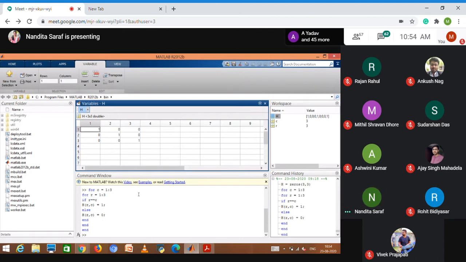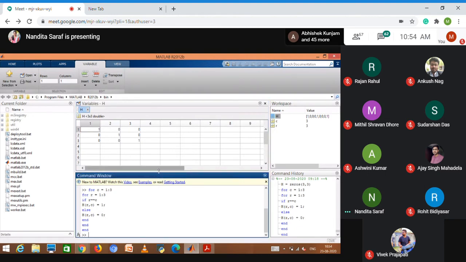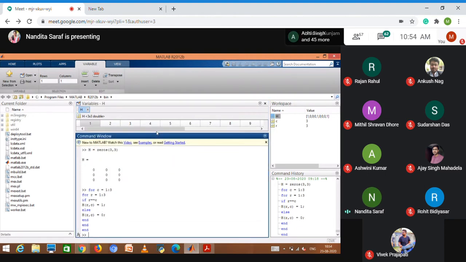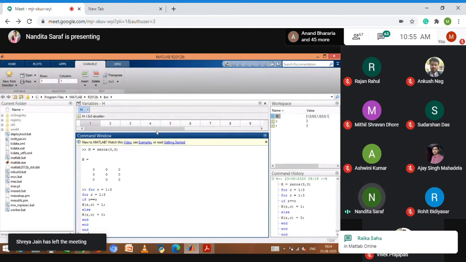Now, no, I defined H as zero matrix. So I just switched to my offline MATLAB because that was not working in online.